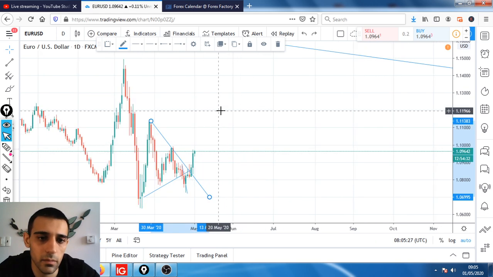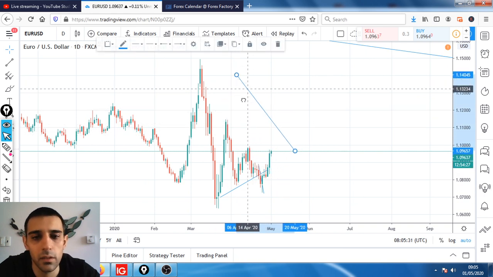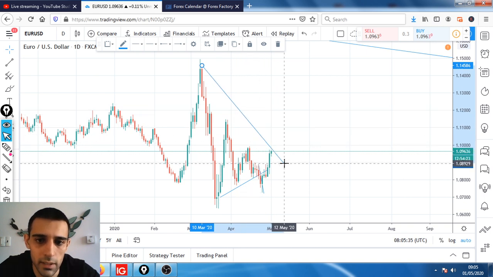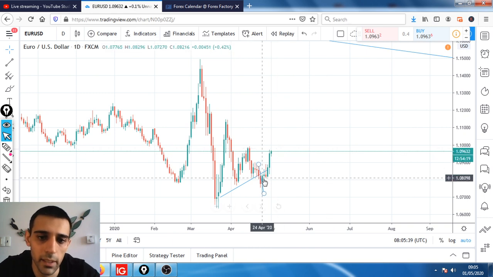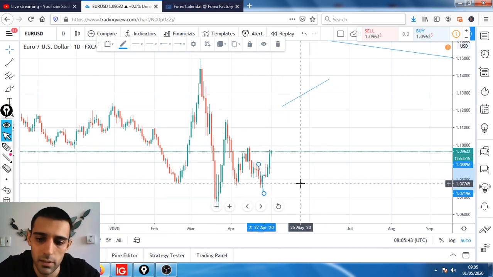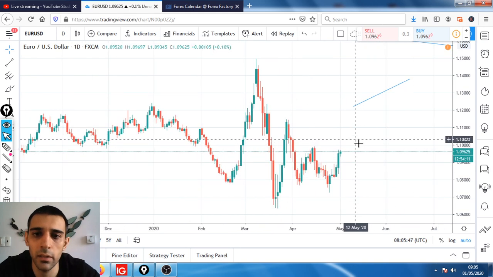Okay, am I missing something? Looks like I can put the trend lines up here. So we got this. No, it's not good. Okay, I don't like it. And okay, we can take this one off as well, to make the chart clearer.